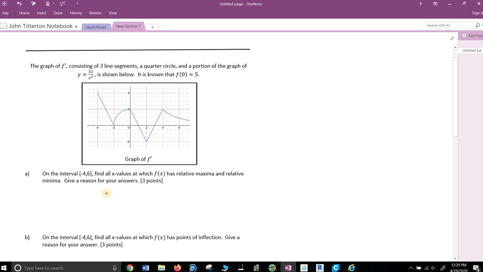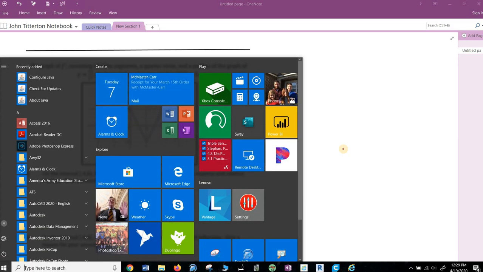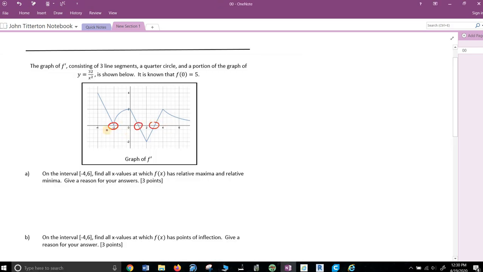It says find x values for relative max and relative min. So we're looking for the zeros here, here, and not this one because it doesn't drop. So that is at x equals 1. At x equals 1, the derivative goes from positive to negative. So we're looking at positive, negative, so that's going to be a max. So we're going to go with a relative max